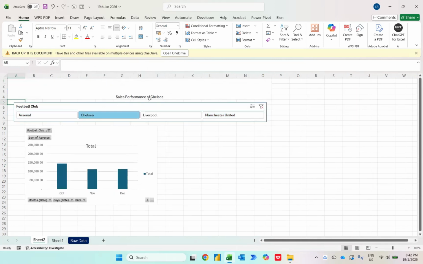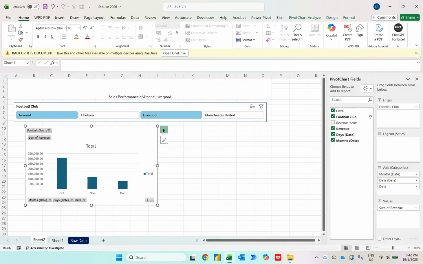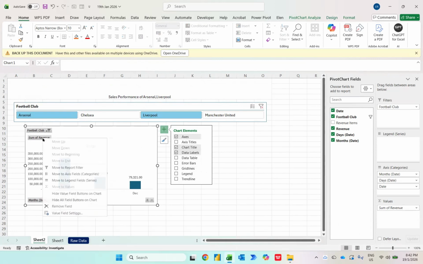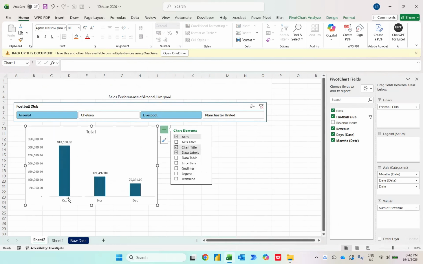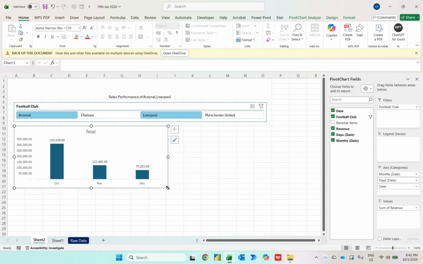When I click Chelsea, Chelsea. Liverpool, Liverpool. Clear selection shows Overall Football Clubs. Arsenal, Arsenal. Arsenal and Liverpool shows Arsenal and Liverpool. So this is how the presentation looks. I want to upkeep this, so let me put here the data labels, remove the gridlines, remove the legends, then right click this and hide all field buttons. Now it looks a bit better. We have a presentation that shows October, November, December. What I want to do next is